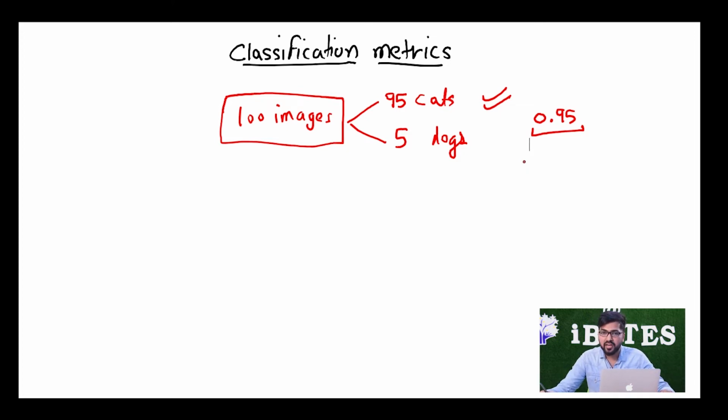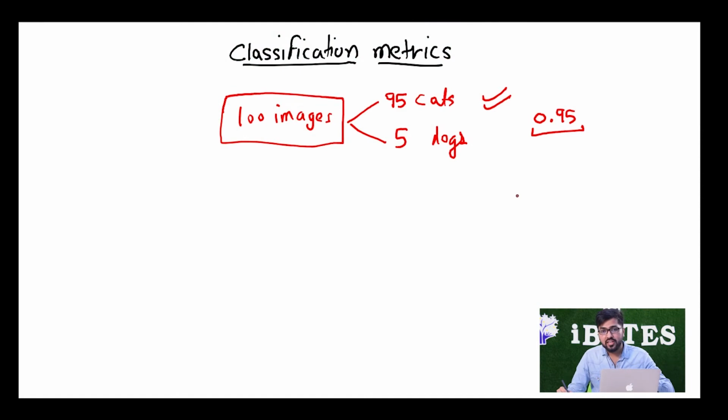So, this is a very bad algorithm basically. This is not even an algorithm. We are not even applying any approach to this. We are simply predicting cat every time. Okay. So, accuracy is 95%, but it is not a very good thing. Accuracy is telling me that you should use this model, that you have a 95% accuracy, the accuracy is awesome, go ahead and use this.